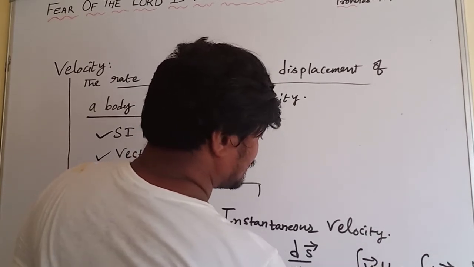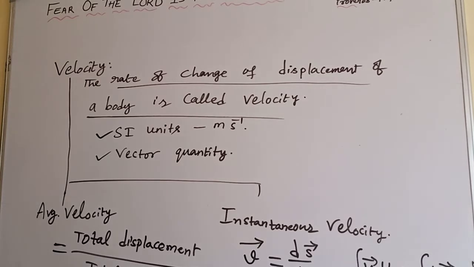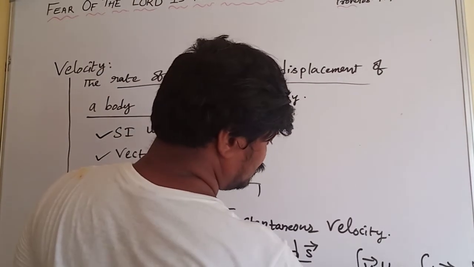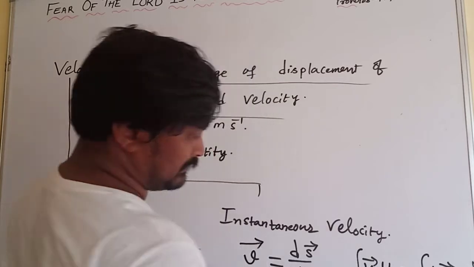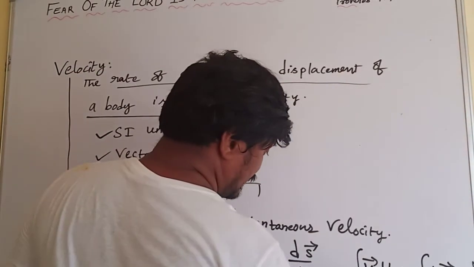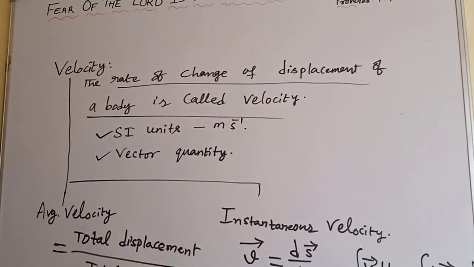Integral ds bar is nothing but s bar. So we can write s is equal to integral v dt. That is about the formulas which you have to remember before learning some of the problems